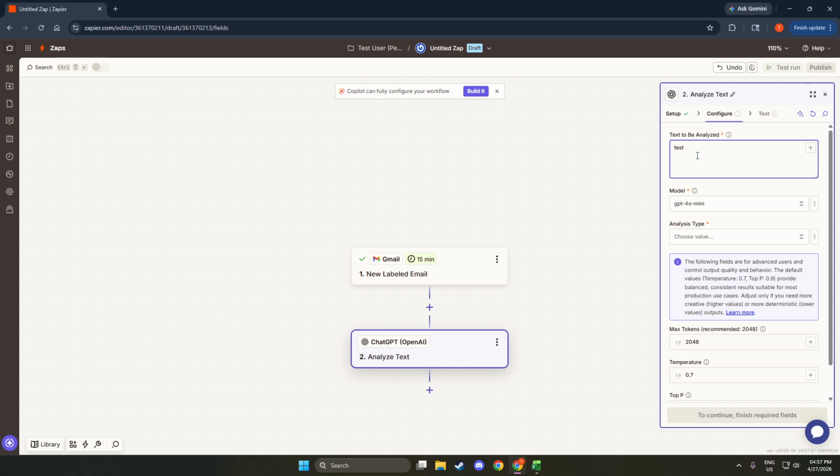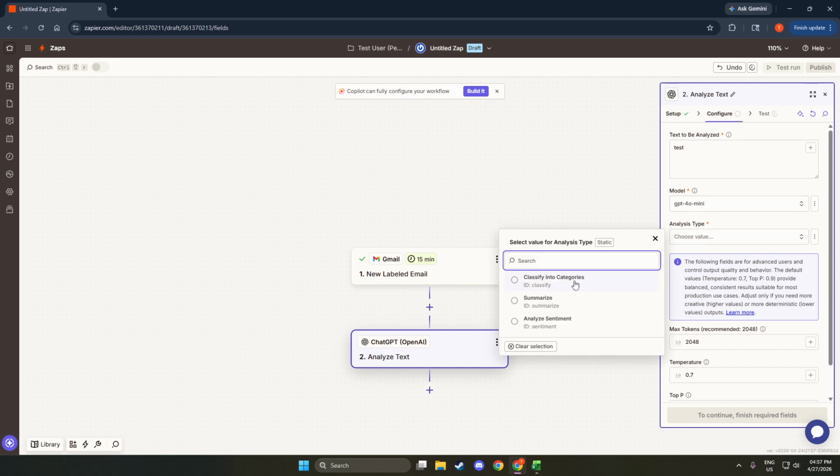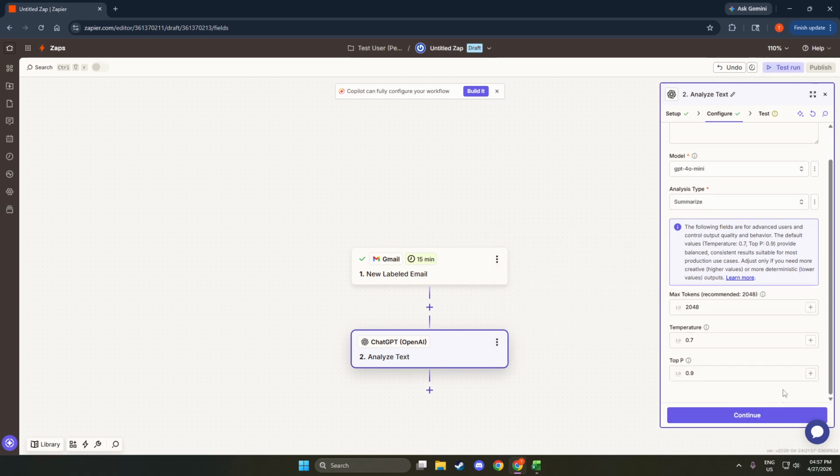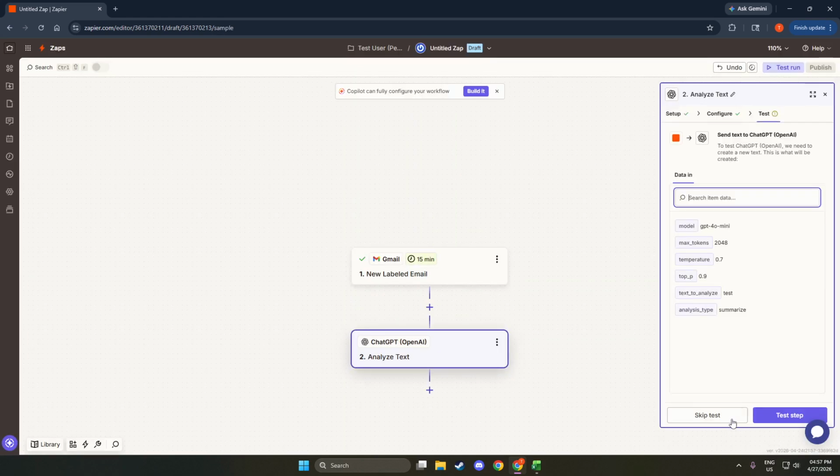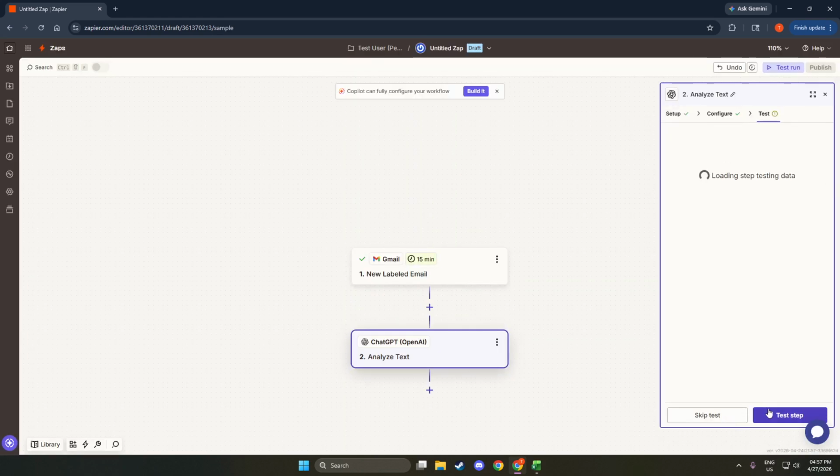For saving email data, instruct ChatGPT to extract specific items like order numbers, dates, or account IDs and return them in a clean, labeled format so the information is easy to reference later in Zapier. Keep your prompts specific and avoid including any passwords, secret tokens, or other sensitive information.